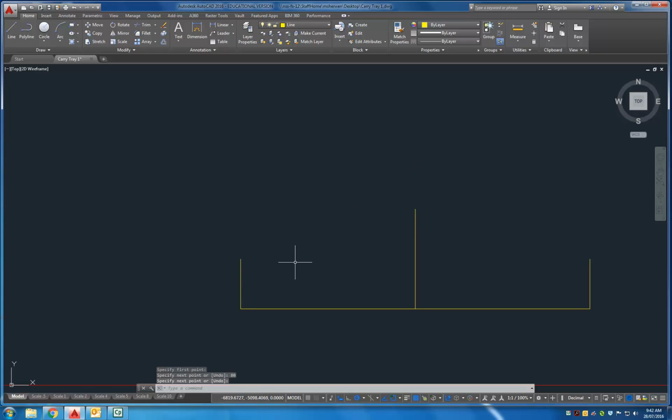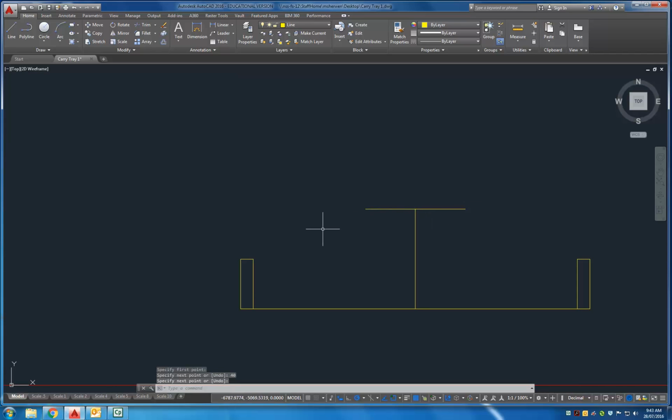Okay, then from here I will draw the thickness of the walls, so they're 10 millimeters wide. Press enter, back down again, do the same to the other side. Now then for the top, it's up to your design. Okay, so for my design, I'm going to go across 40, enter, 40 on the other side, and then I'm